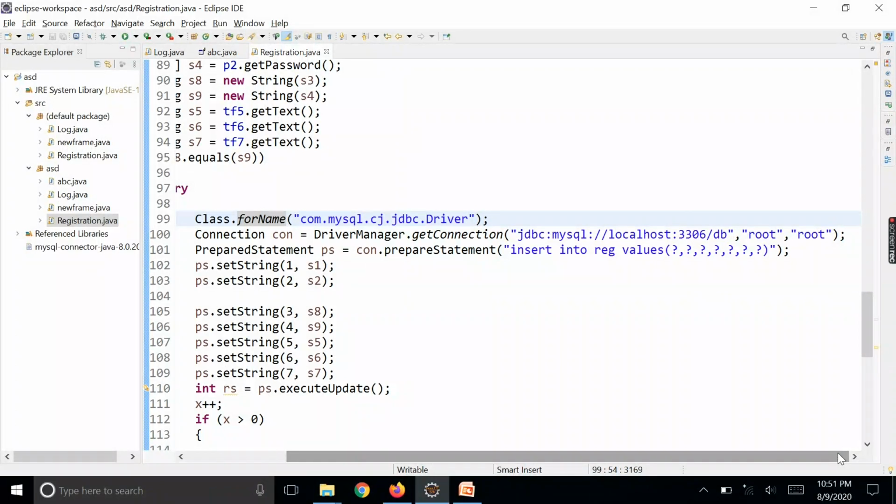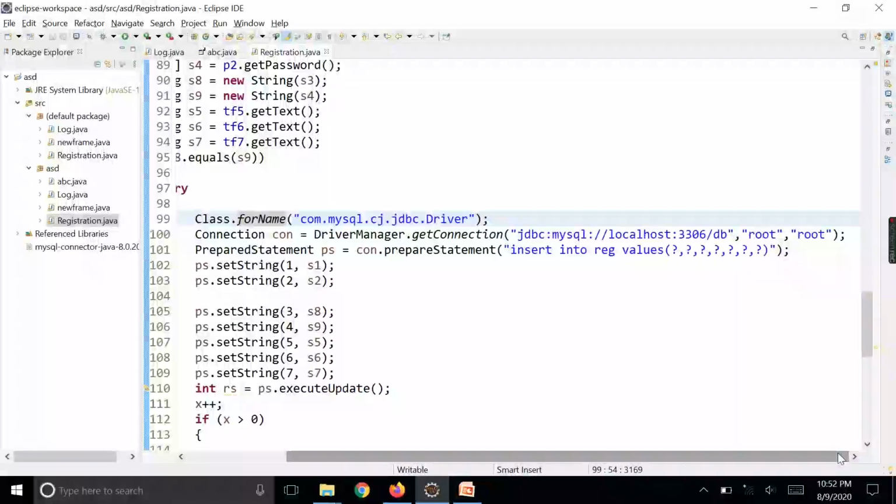So we can use the prepared statement effectively if we have multiple values to be passed into the queries. Here we have passed the query insert into the table named reg values and all question marks. So what are these question marks? These question marks are the strings or values that we have set for the insert query.